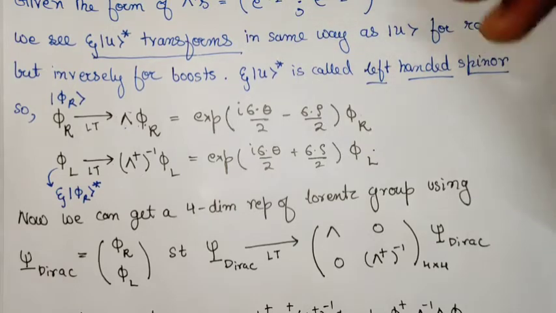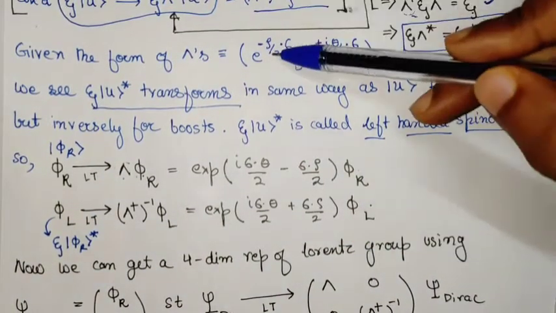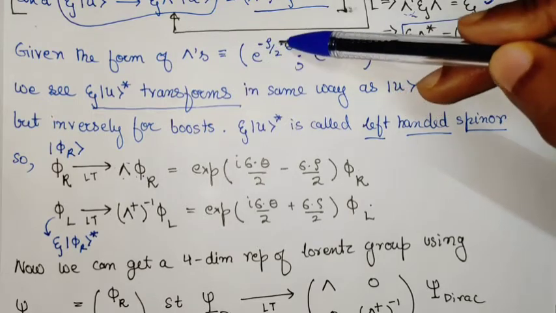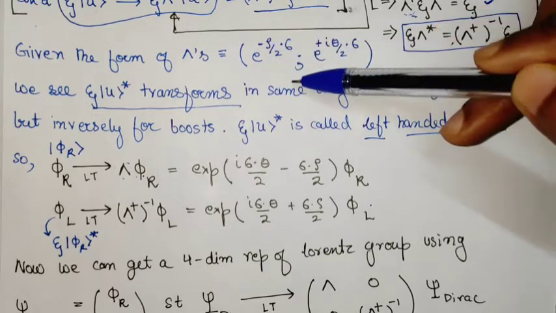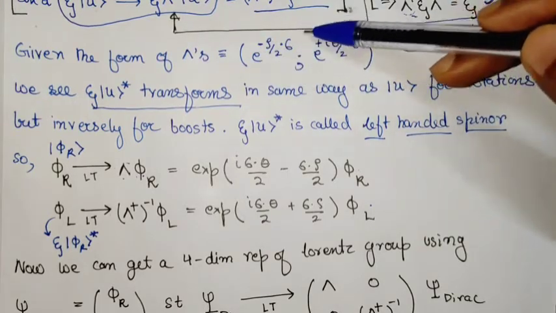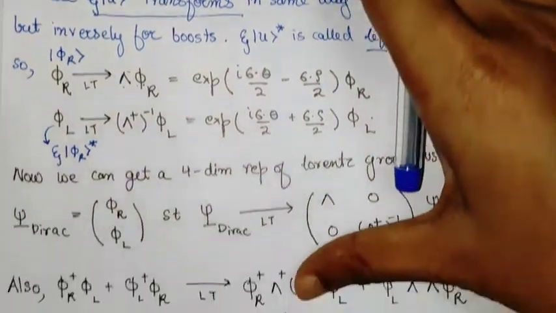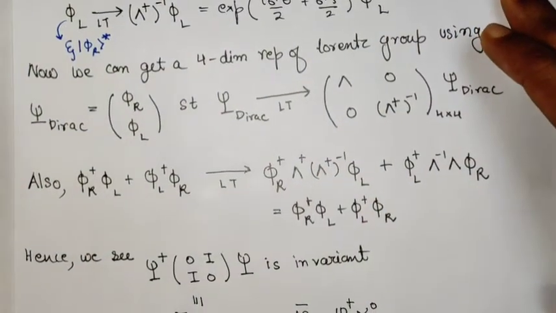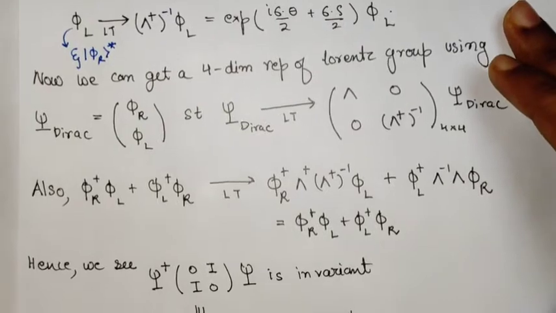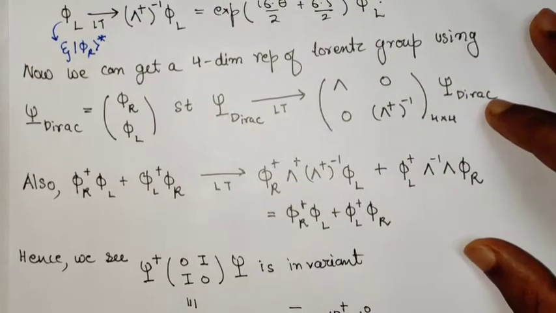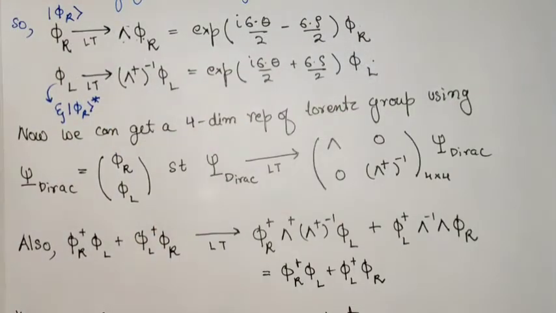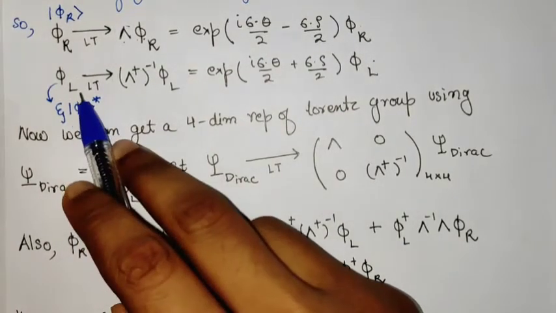This is quite obvious from this particular representation of the boost, where if we do an inverse, we will see that we get a plus sign, because these sigmas are anyway Hermitian. So we have to take a dagger and then inverse. So with this we have seen these properties of left-handed, right-handed spinors. We have seen the Lorentz transformation properties also. And given these two different kinds of spinors, we can make a new object.